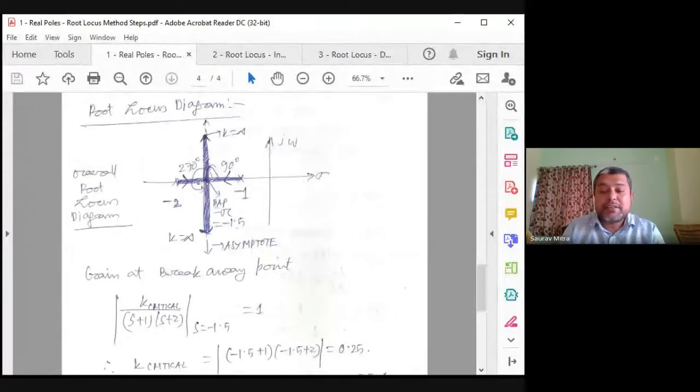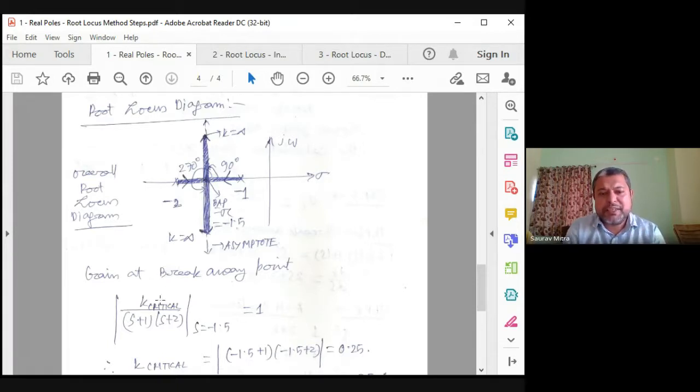In that case, zeta is equal to 1. Both poles are coming and colliding at the same point, and we know from the fundamentals that at that point system gain k is equal to 1. So when we know that the overall system gain, that is the DC system gain, is equal to 1, we can find out what the value is.